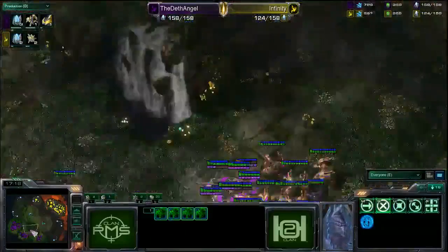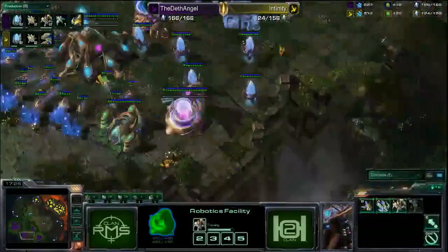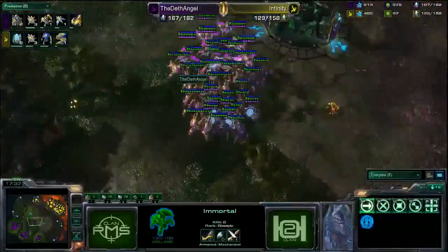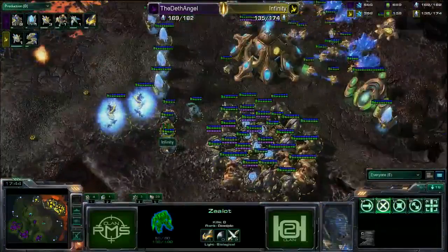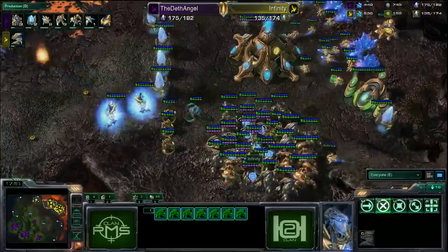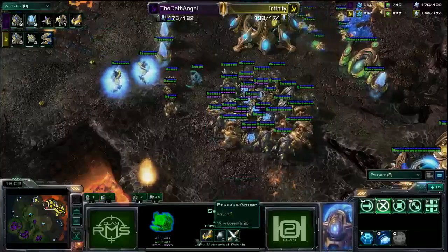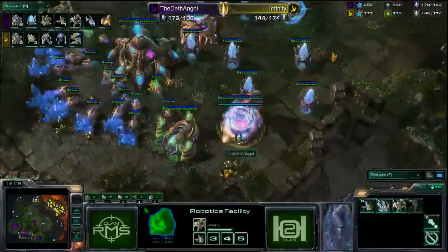But wait, Infinity just warped in. He has 10 immortals right now, and another one being chronoed out, and honestly, with 10 immortals, I really do not know what you can do against 10 immortals. Run. I mean, honestly, the only thing that does good against immortals, I would say, are probably charge lots, or even just zealots in general, and there are only 7 zealots on the field. Yeah. Sentry, maybe, but I just don't know. There are 11 immortals, and number 12 is being...